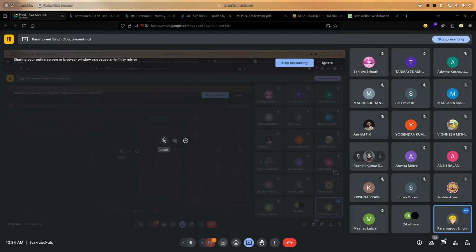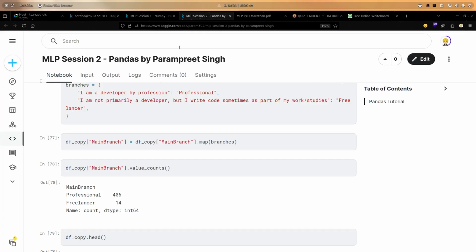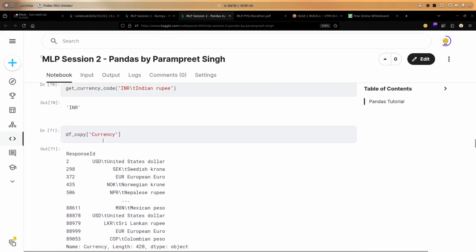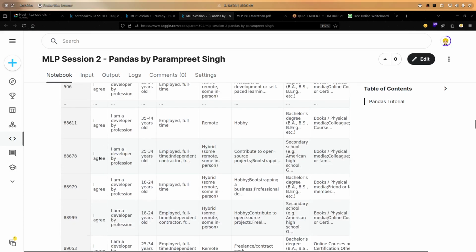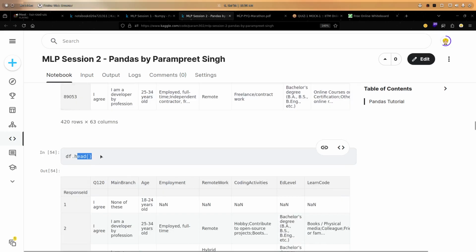Okay, see, wherever you put the brackets, there we are calling a function. Here I am putting the parenthesis, the small bracket. So head is a function.